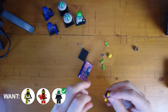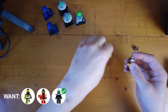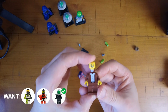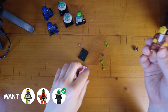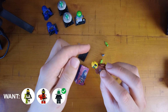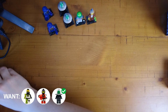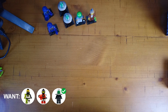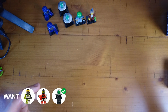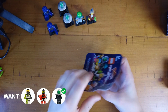Okay, I think this one is called the Imposter. Again, I think this is one of the weaker figures in this series, but it's not a duplicate, so that's a positive. Okay, so we are 6 minifigures in, and we've got 4 of the total figures in this series. These 2 obviously duplicates, so...